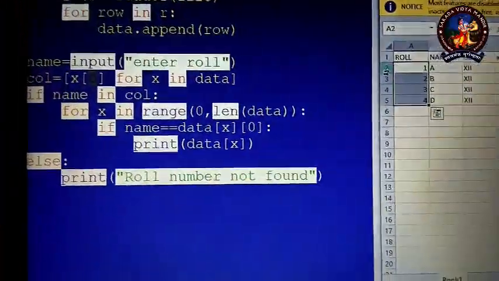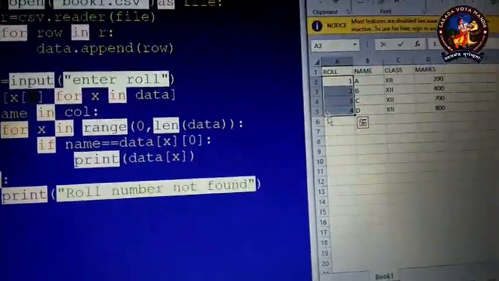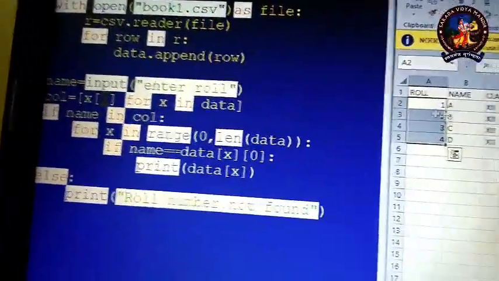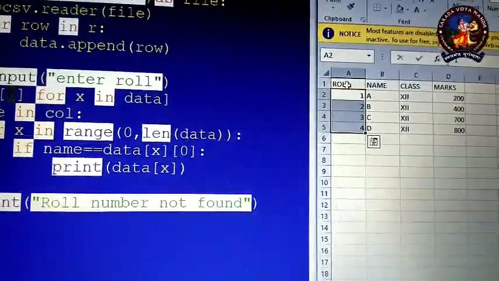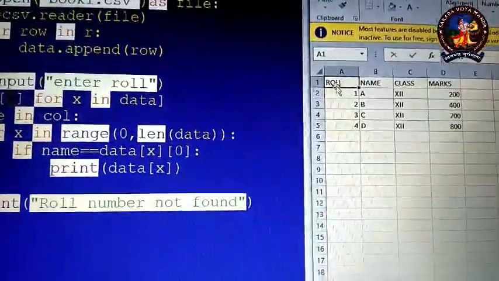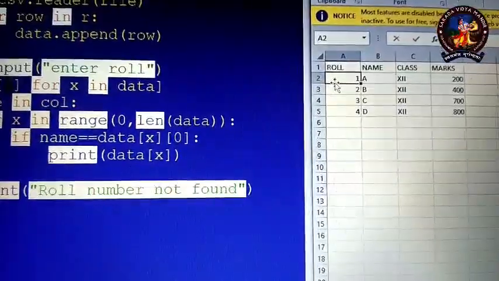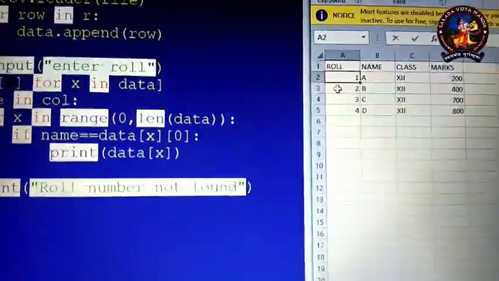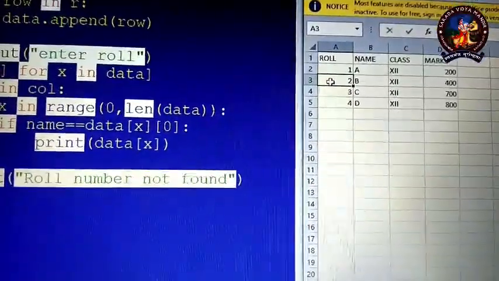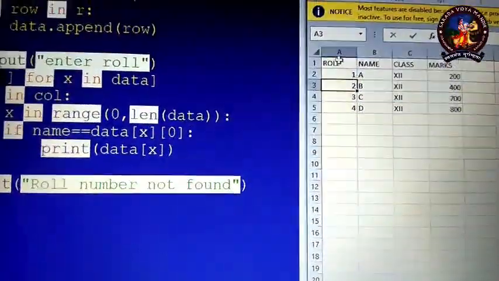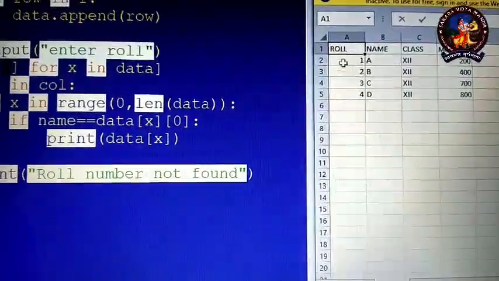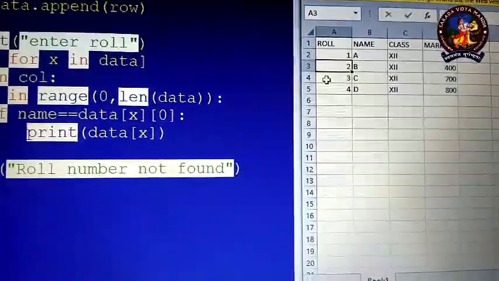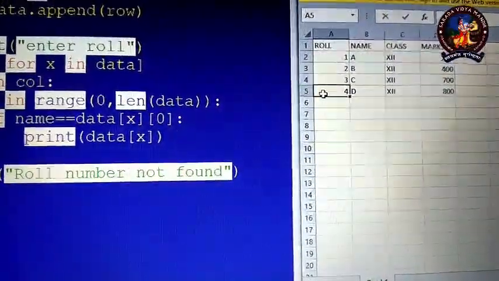Fine. But what will it do? Rows will be 5, but the data column will be 1. Means 0 0. Which one? This one. First the 0 0. This content will go over there in the column list. Next content will be 1 0. So that will be there in the list col. Then 2 0. So what is going to happen? 0 0, 1 0, 2 0, 3 0, 4 0.